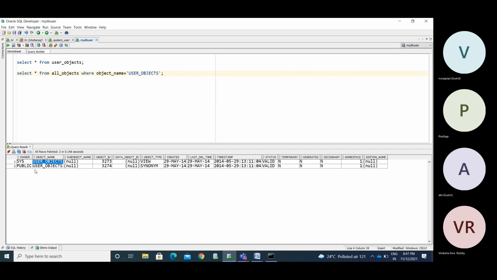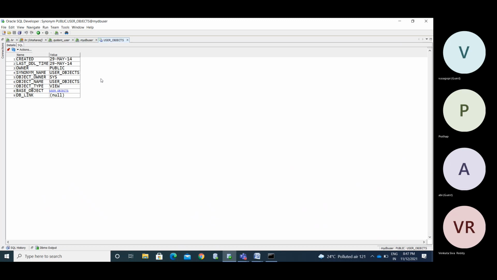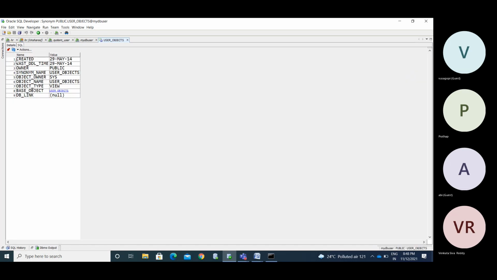See, I am opening this code, so you are able to derive the code, right? In the detail, you are not getting it here. When that object is created, it shows the synonym name. Object owner, who actually created that?